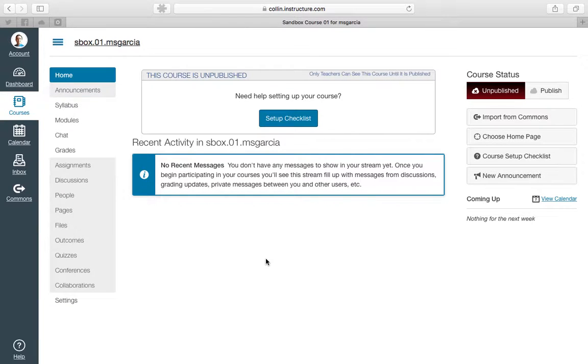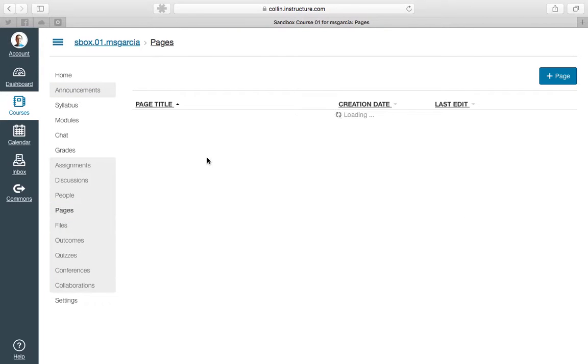Okay, so we've built our first page, and maybe you've worked a little more on the page than I've worked on mine, but what I'm going to do now is create another page. I'm going to basically build out some pages that I can drop into my first module. So I'm going to click on Pages in my course navigation bar here, and you'll notice my Beaker page will load here, and I'm going to create another page,